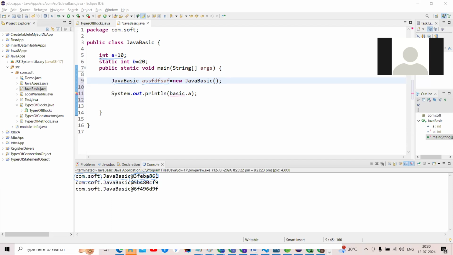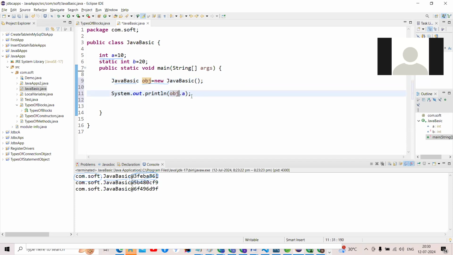By the help of the object reference variable. What is my object reference variable here? I gave obj1. By the help of that reference variable, obj dot